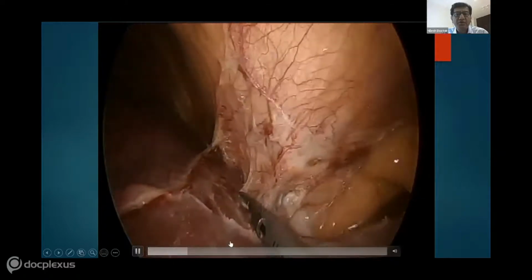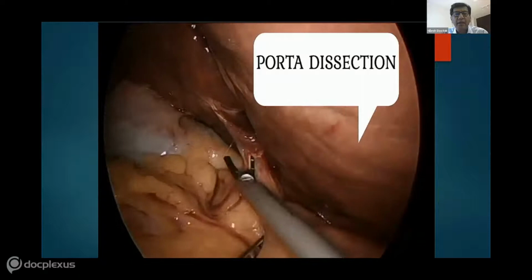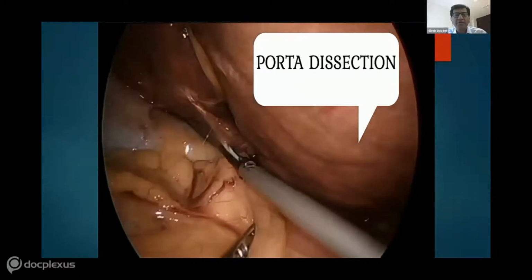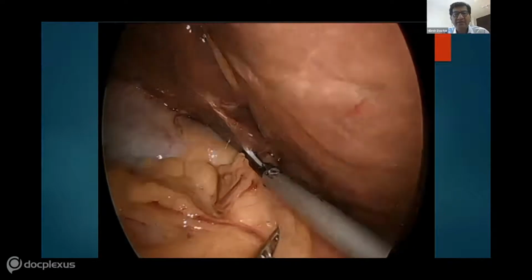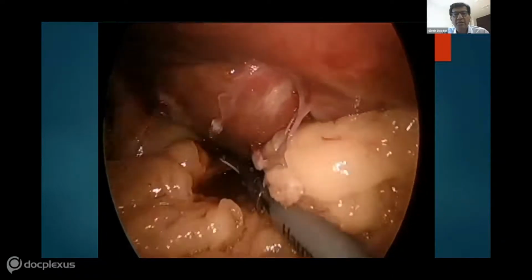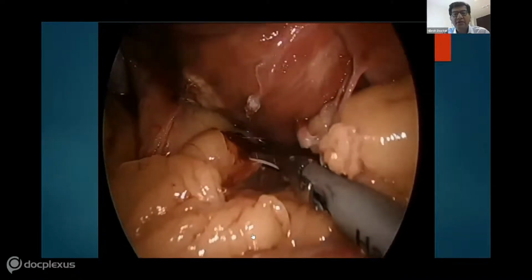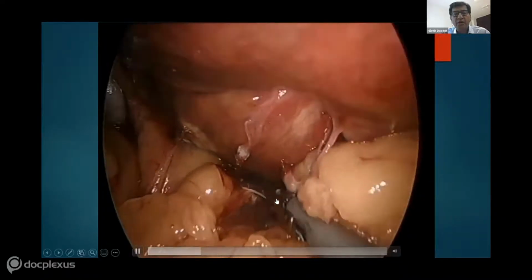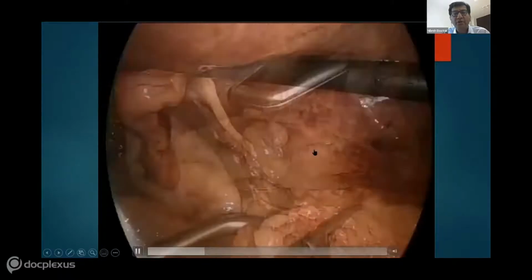It's the exposure of the middle and left hepatic veins, followed by the porta dissection. So you don't need a formal porta hepatis dissection in these patients because you're going to take the portal pedicle intraperitoneally. Here we are just isolating the porta. What we do is we use an open vascular